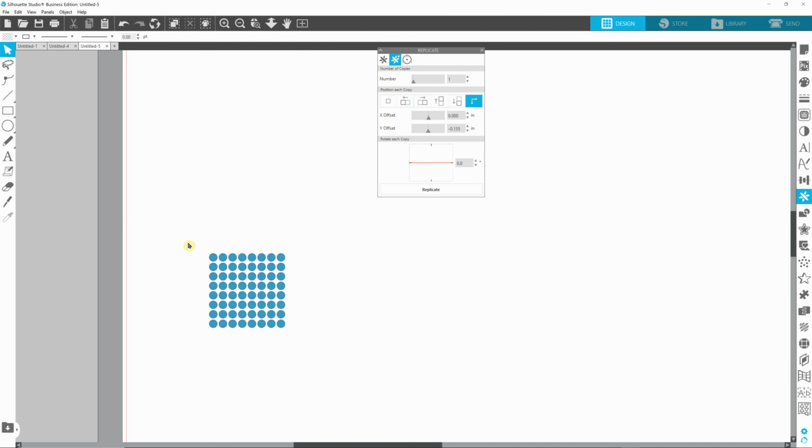Okay, so now I have a complete, perfect square, 1.215 by 1.215, okay? And each row is exactly 0.155 inches between each circle,